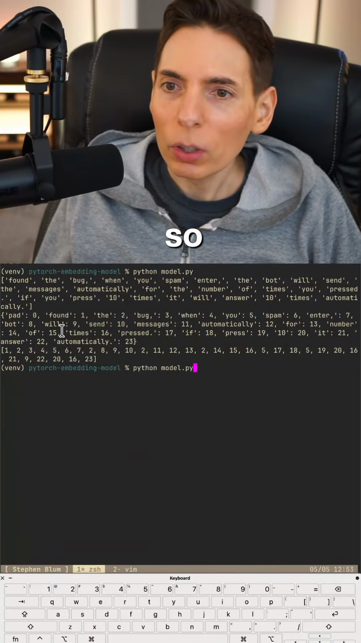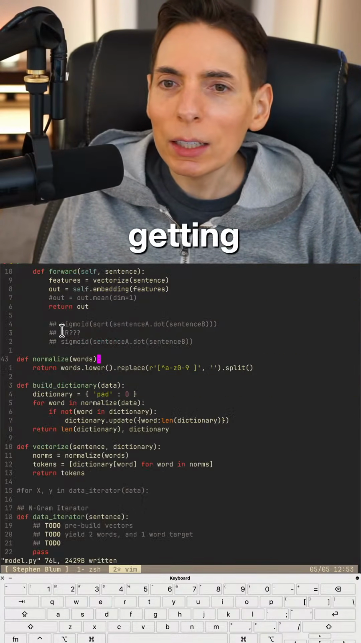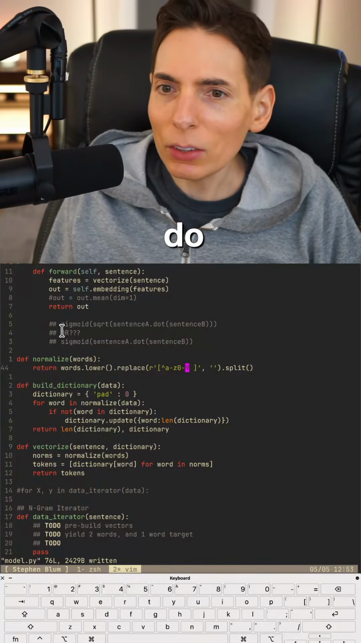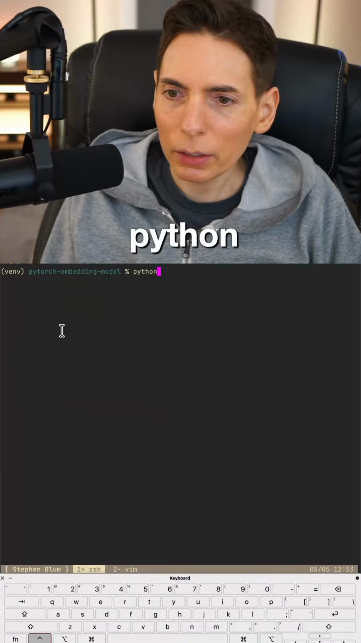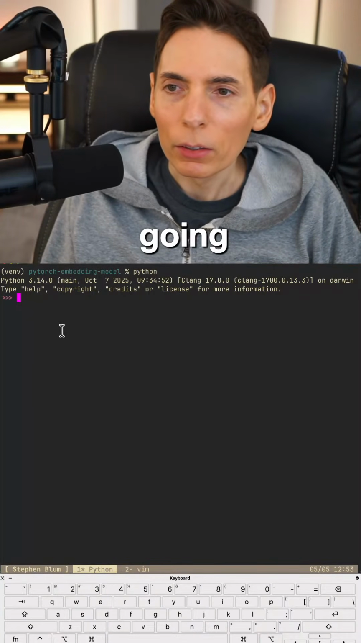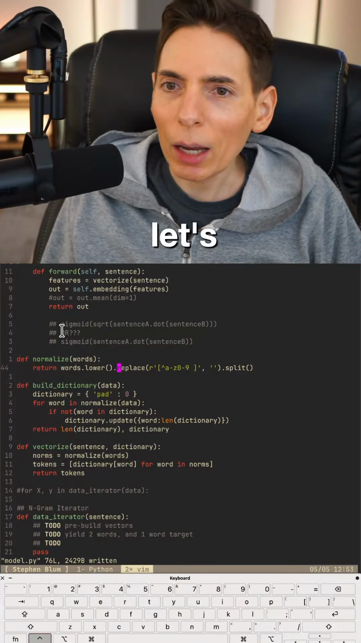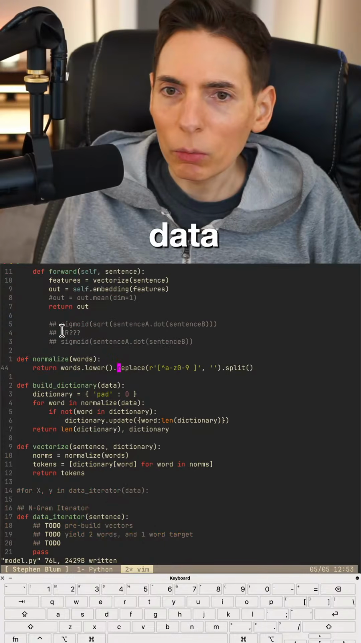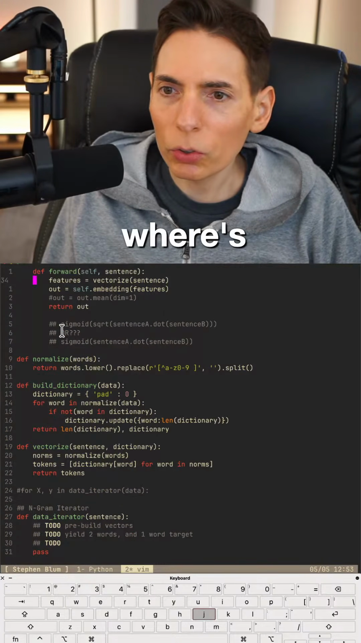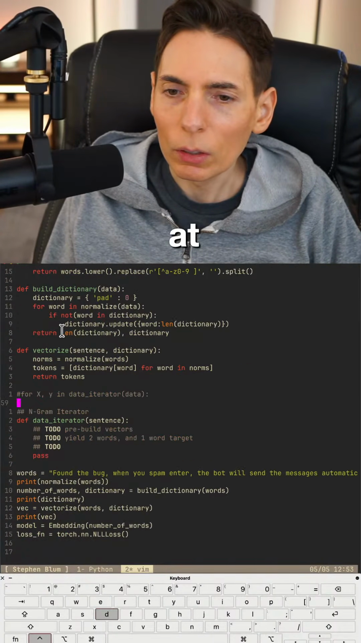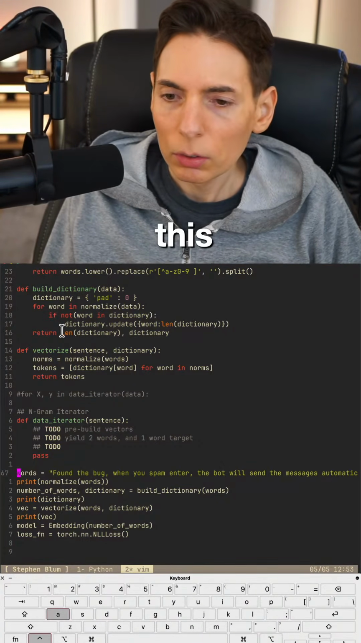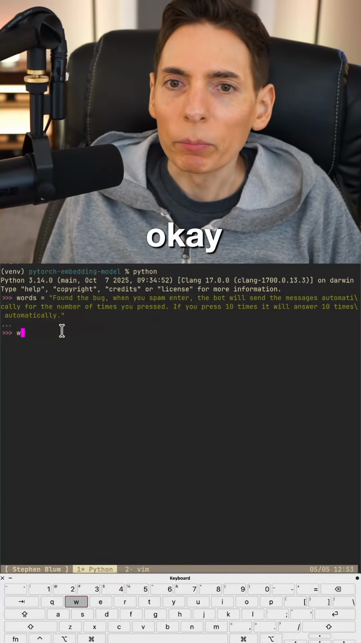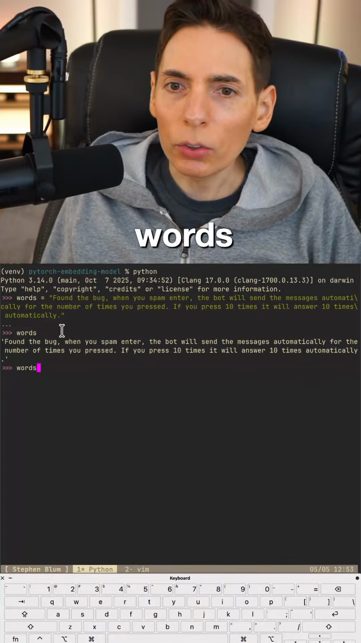All right. So why are we getting out here? Okay. So what I need to do is I need to test this on a terminal. So Python, let's do a REPL. Let's get a REPL going. So let's capture our input data. Where's that at? Is it up here? Where's our sentence? Where's our words at? Probably down here. Here we go. All right, I'm just gonna copy this. Paste that in here. Okay, words dot